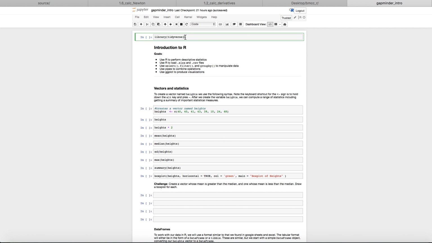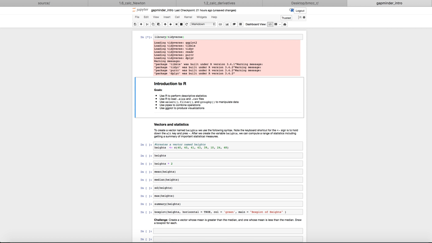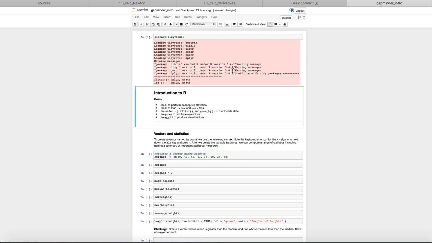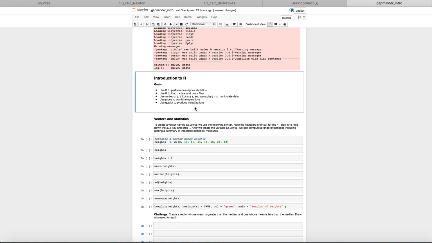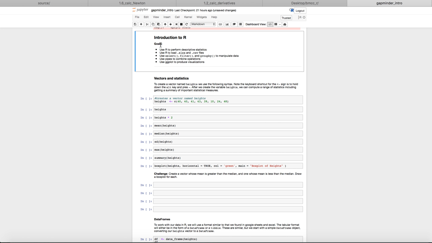We're going to be looking at some functions that are in this library called Tidyverse. So we need to load this library. I see that I have some problems with my versions. I need to update things. But to begin,